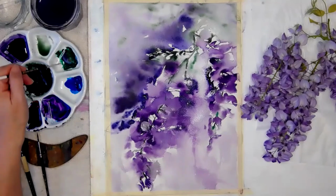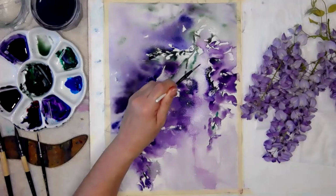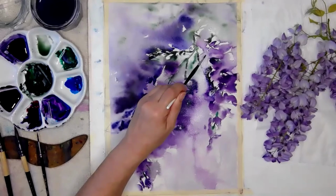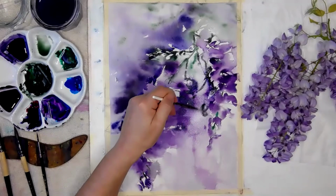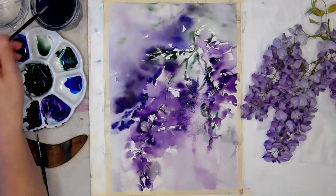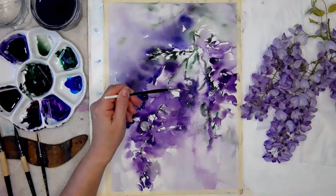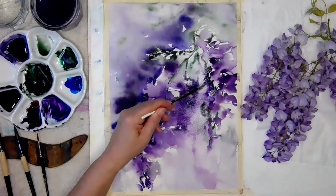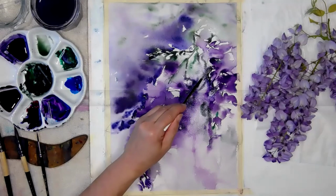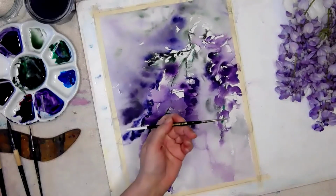And perhaps pick up some of that grey green. Shapes that might be off in the background. And then I'm just going to soften the sides of some of these little shapes over there as well. Just softening them all. I'm going to just turn my board on the side because I'm left-handed, and that just